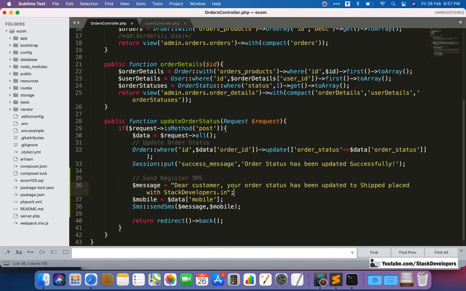Okay, so see here, now message and mobile will go here, and we will call the send